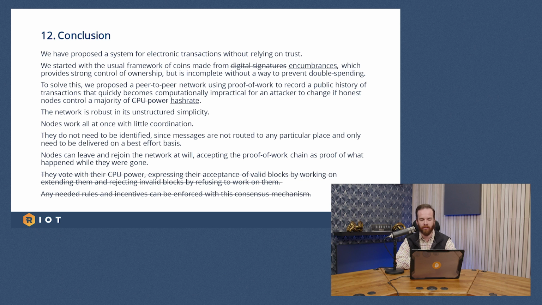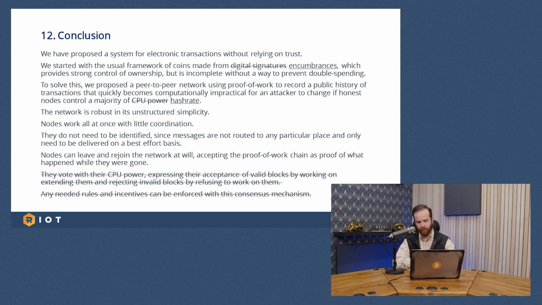Nodes work all at once with little coordination. They do not need to be identified since messages are not routed to any particular place and only need to be delivered on a best effort basis. Nodes can leave and rejoin the network at will, accepting the proof of work chain as proof of what happened while they were gone. And so that, now there's 2 more sentences here, and I've completely crossed them out because